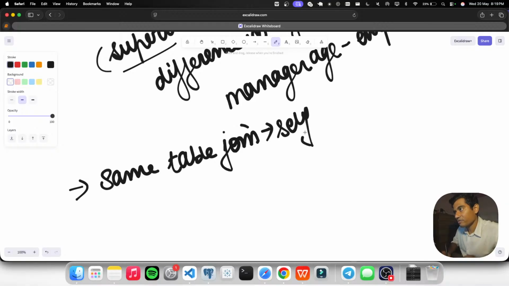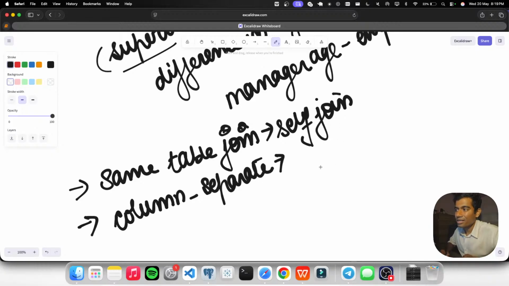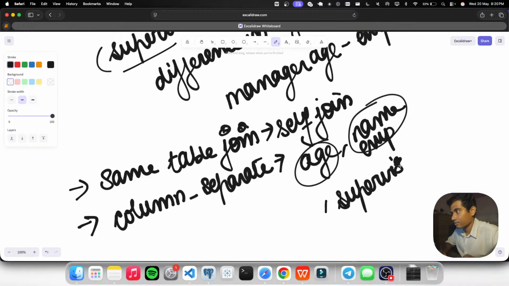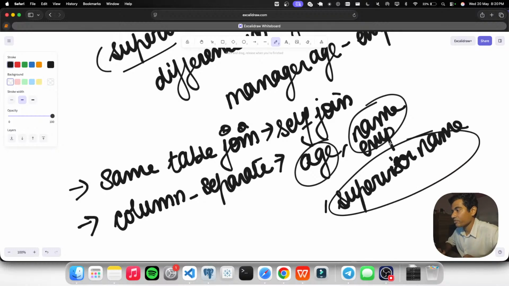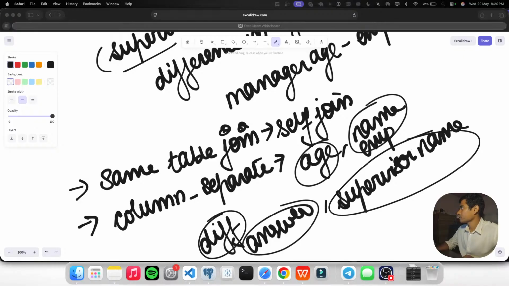वो आ जाएगा हमारे सेल्फ ज्वाइन में। अब सेल्फ ज्वाइन जब आ गया उसके बाद हम लोग क्या करेंगे, कॉलम को सेपरेट करेंगे। अब कॉलम को सेपरेट करने के बाद हम लोग एज कॉलम को भी सेपरेट करेंगे। किन किन कॉलम को सेपरेट करेंगे वो बता देता हूँ। एम्प्लॉय नेम दिस, और सुपरवाइज़र नेम को फिर उसका डिफरेंस निकाल के आंसर वी विल फाइंड आउट, राइट। सो टिल हियर हमने ड्राई रन कर लिया है।